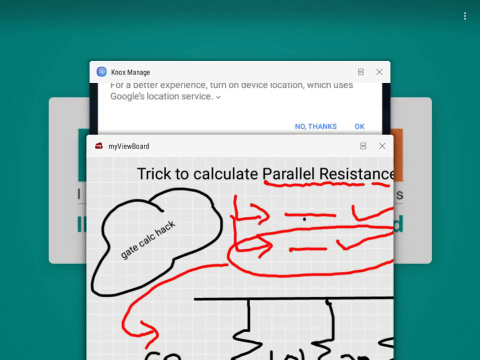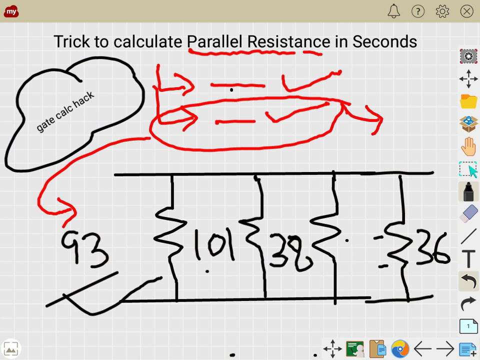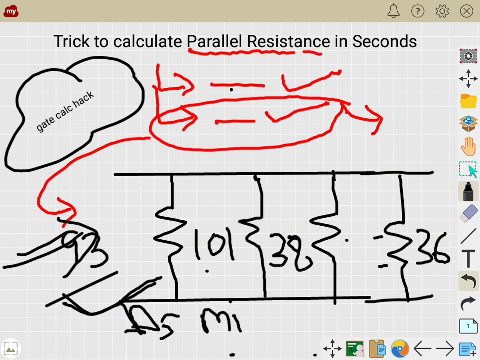Let me tell you, this is helpful for your networks, this is helpful for your analog electronics. As you know, in questions where you have to find out the mid-band voltage gain, it is required that you find out the input resistance also, and at that time you get more than 3 parallel resistances and you have to find out the equivalent resistance of all those resistances. So this trick is helpful for solving that type of sum.